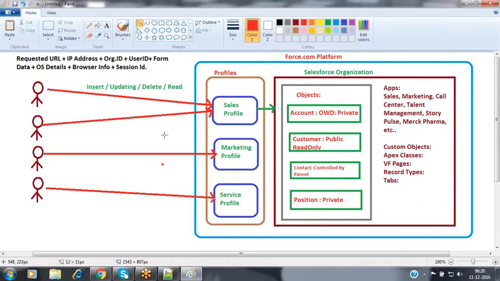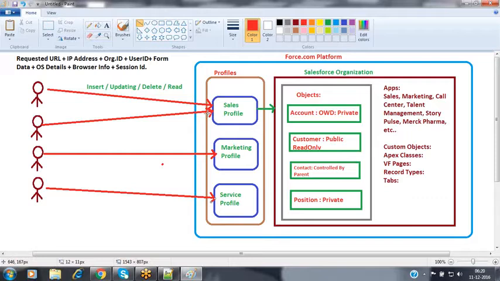Whenever you make a request, as a user you cannot interact with the objects directly. Between the user and the objects, we have a mediator component called the profile. Now in this kind of scenario, we will see what operations we can perform and what access we can grant with the help of profiles.